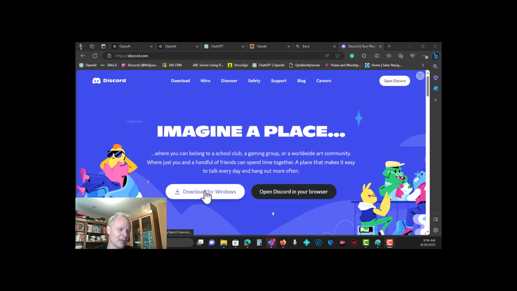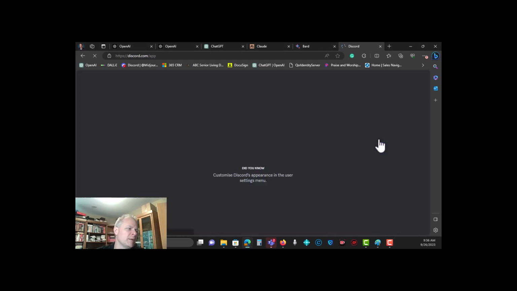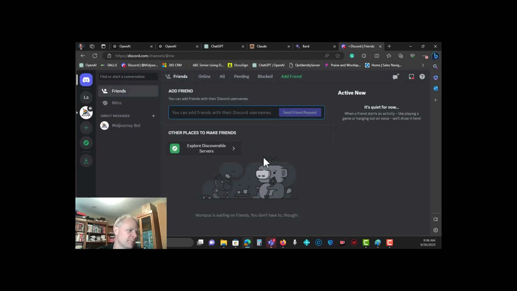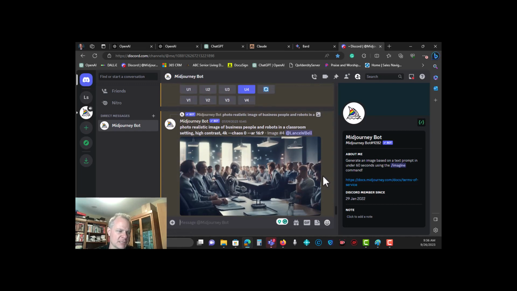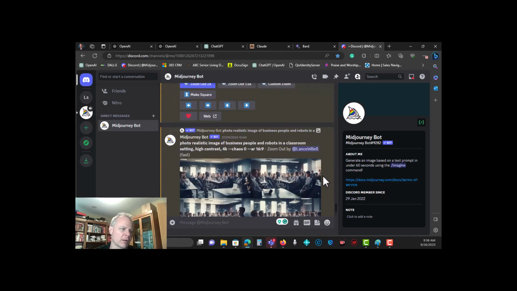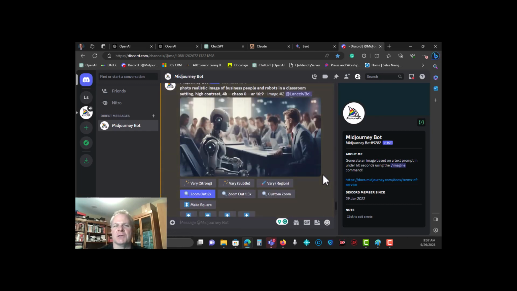Here you can download a local application, or you can do it in your browser. Basically, you're just going to sign up, which is what I did. It's free to sign up for Discord. And once you're signed up in Discord, you open up the app. It's a web application. You will register for Midjourney, and you'll see this Midjourney bot right here. The deeper instructions on how to do this are online. And once you're in the Midjourney bot, you can start creating just amazing visual artwork. That'll be the bonus end section of our next training class.